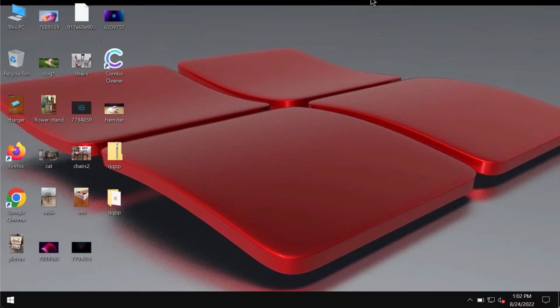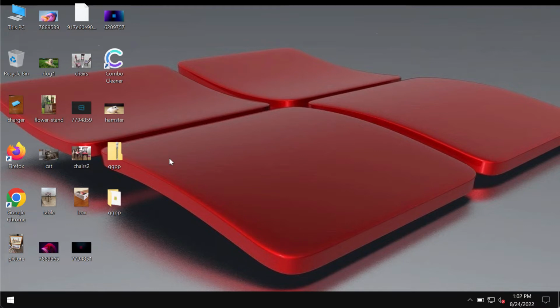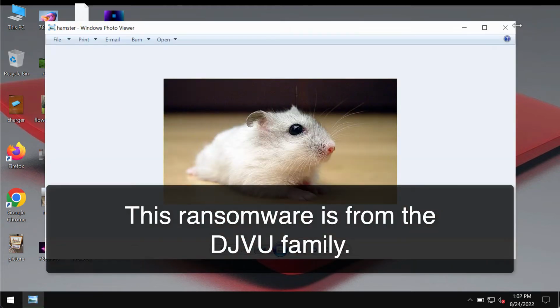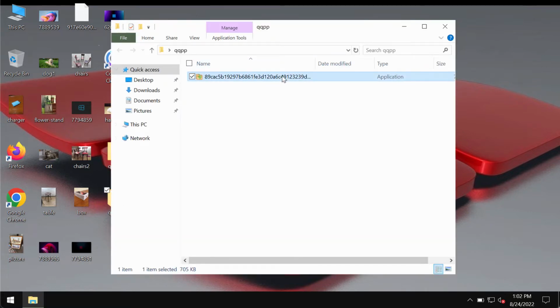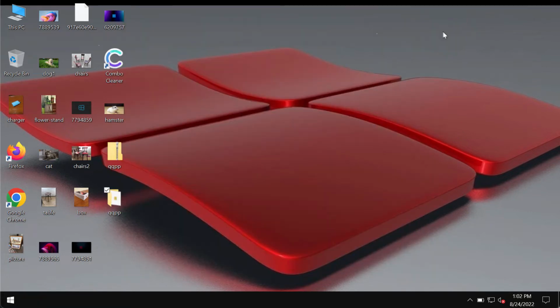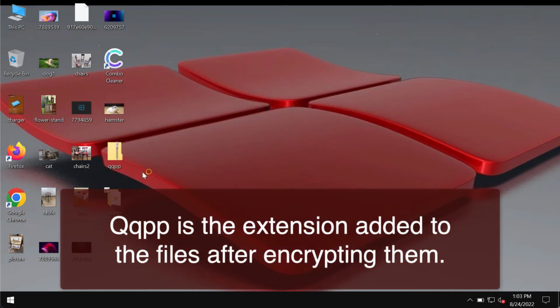My video guide is dedicated to help you get rid of the new ransomware, which is called Qqpp. Qqpp is a special ransomware which is from the DJVU ransomware family. Before the ransomware attack, you are able to open any files without any complications, such as pictures, music, Microsoft Office, and other documents. But regretfully, because of some existing vulnerabilities in the system, this Qqpp ransomware may be easily injected